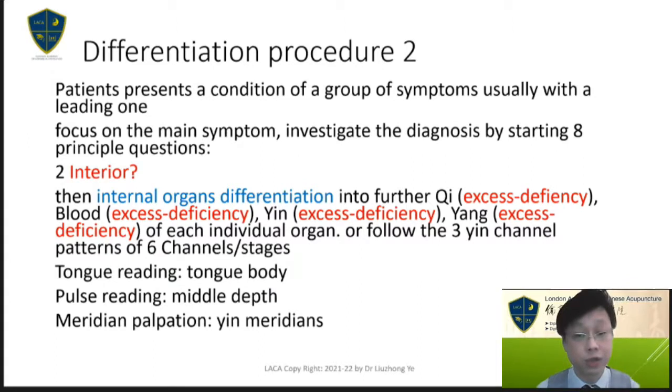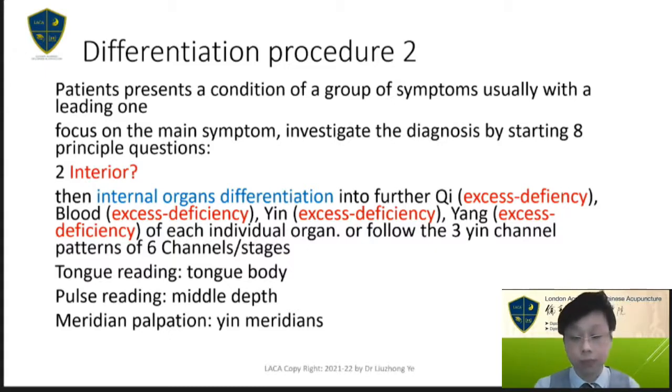When there is internal organ differentiation, then you should be able to look into those specific organs. And for organs, when you look at the organ, you need to look into the qi, blood, and yin and yang, these four aspects of deficiency or excess. Then when you clear it out, you should be able to come to a certain conclusion of the condition of the relevant organs. But mostly also important is just to follow the 3 yin channels in 6 channel